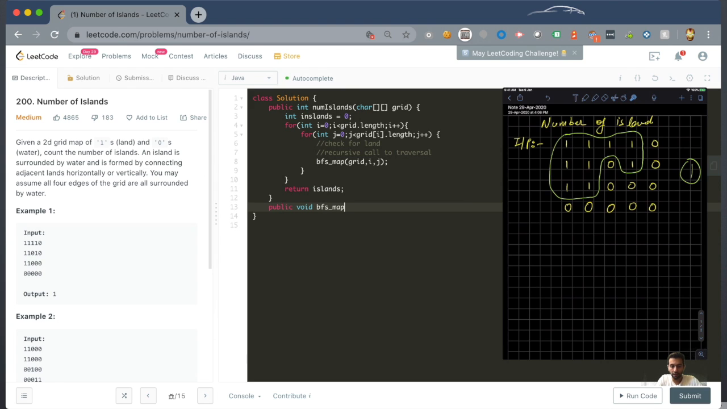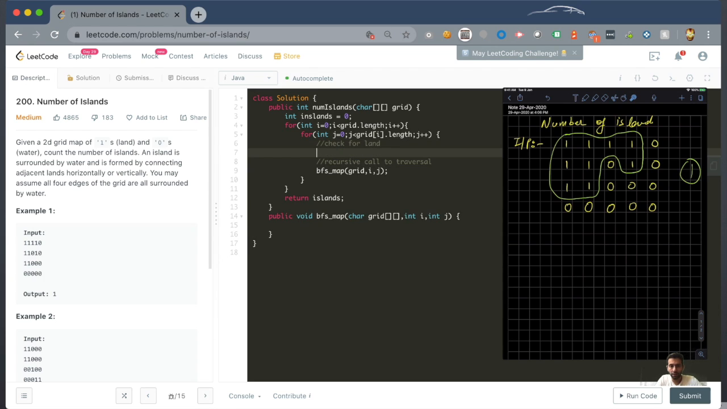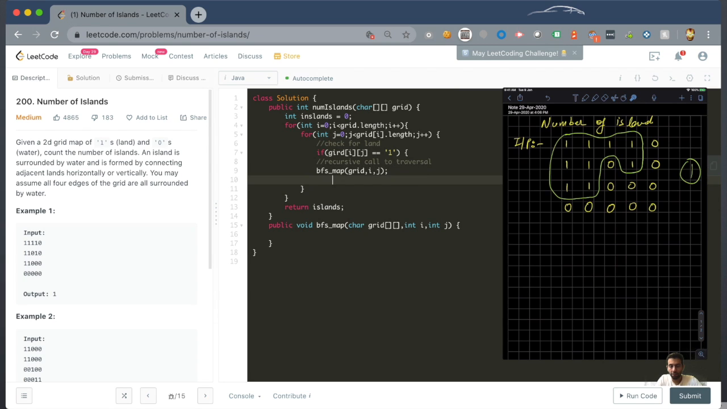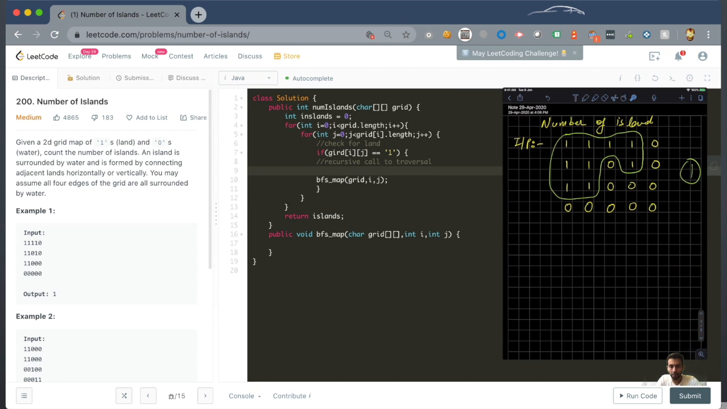If map char grid. Sorry. I int j. Okay. What next? Check for land. I'll fill this with if grid of i j, that element equals 1. Remember that it's a character, right? So if it is this, what you're going to do is, before you call map, you are going to,